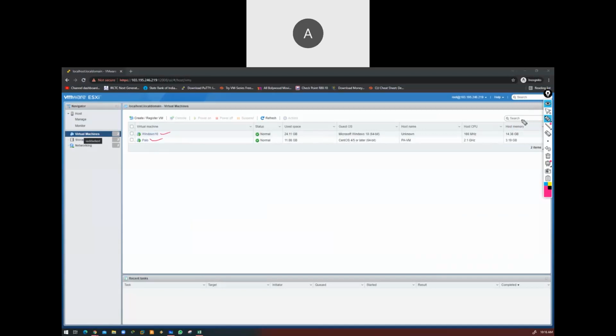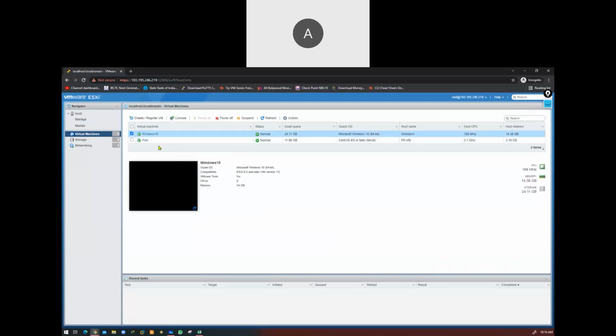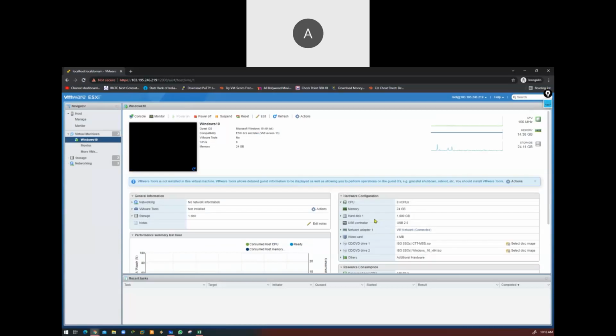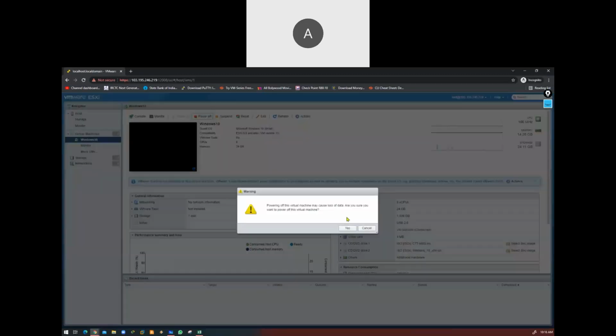If you look at the storage of your first machine, which is Windows 10, let me see what the capacity is. It is showing 1 TB, around 1000 GB. So as of now, what you have to do is power off this machine.